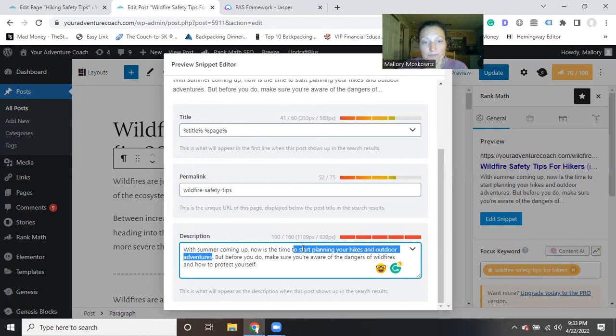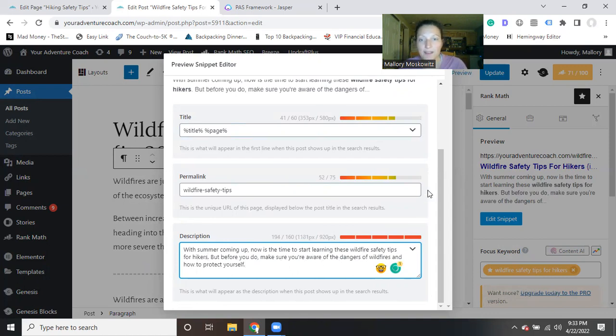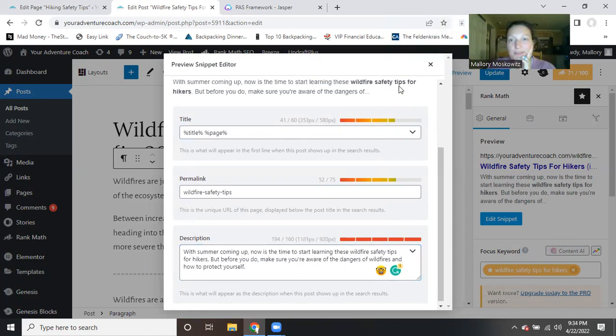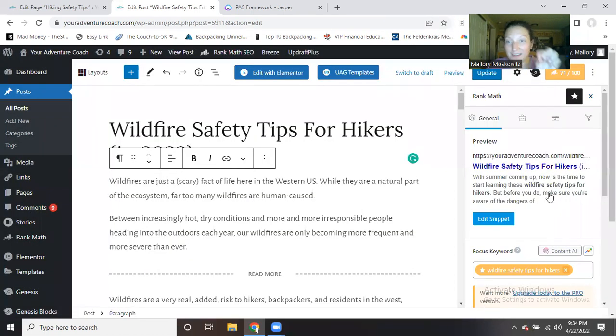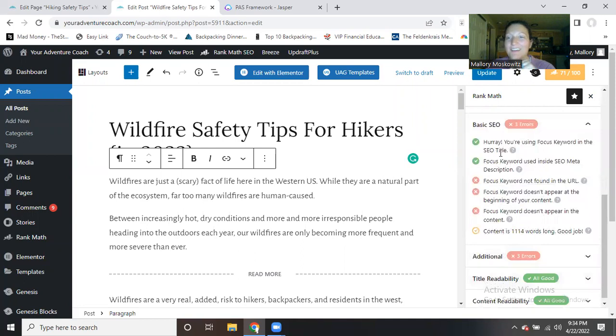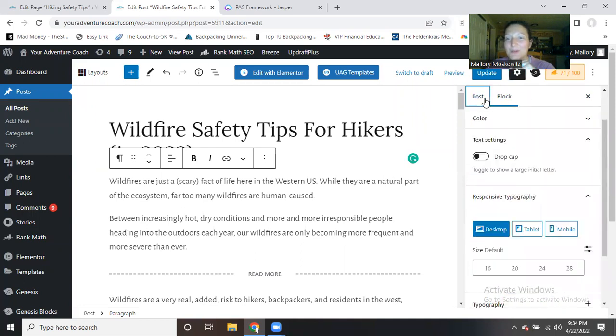Start learning these wildfire safety tips for hikers. All right, and then I'm just going to leave it at that. So there's my meta description, my excerpt, all right, is set in my post, and that's going to show